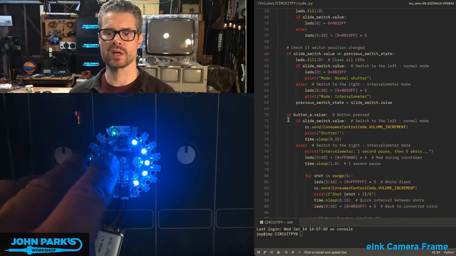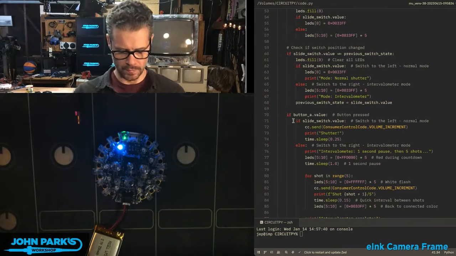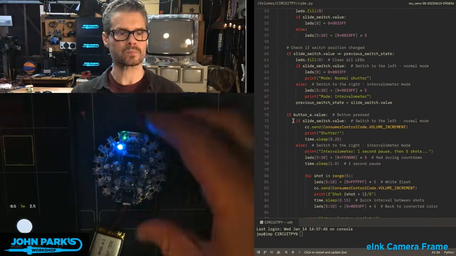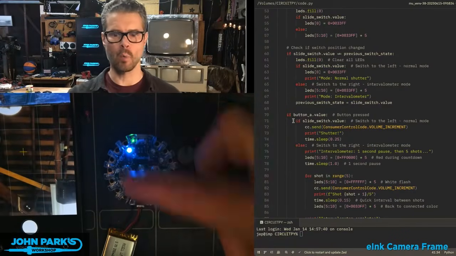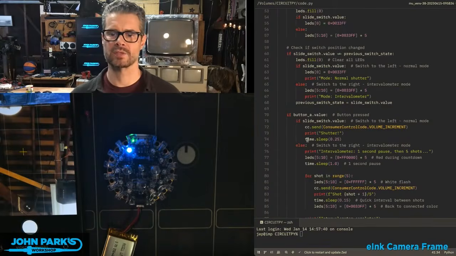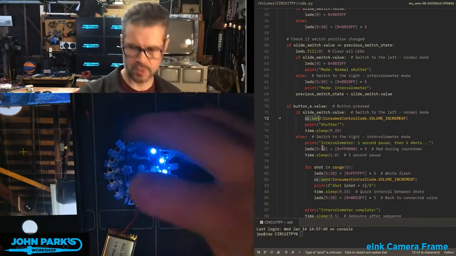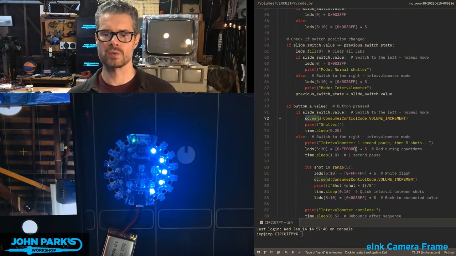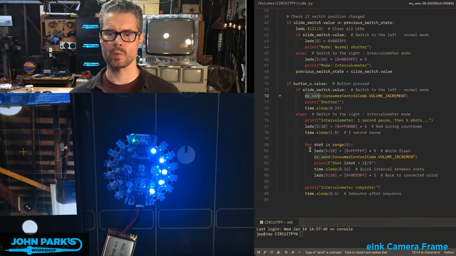So again, button press, if the slide switch is off to the left, we just do, and let me turn the phone camera back on. I'll point that up. So we'll take one picture if that switch is off to the left by saying cc send consumer control volume increment. That sets the shutter. Otherwise, it means the switch is off to the right. And here's where we're going to take our multiple pictures. So I set the proper LEDs. I pause for a moment, and then